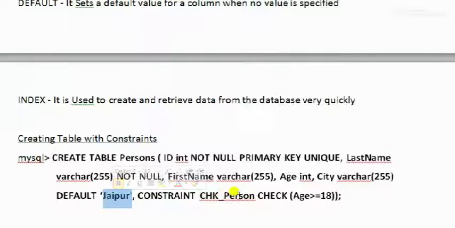Constraint check person: a field that checks the condition that age must be greater than 18. Here also we can write check age is greater than 18.